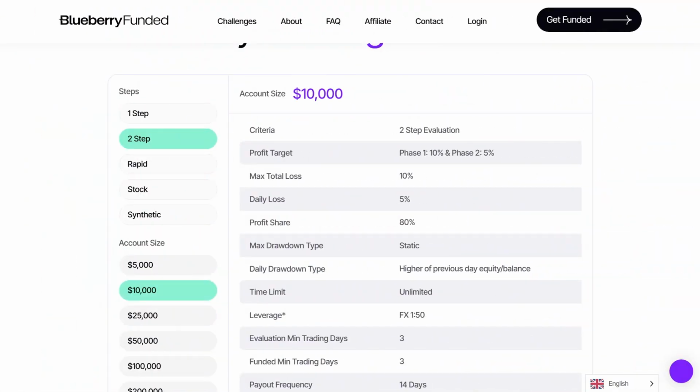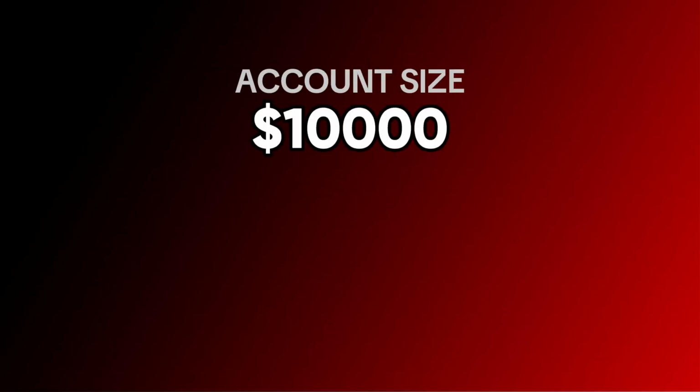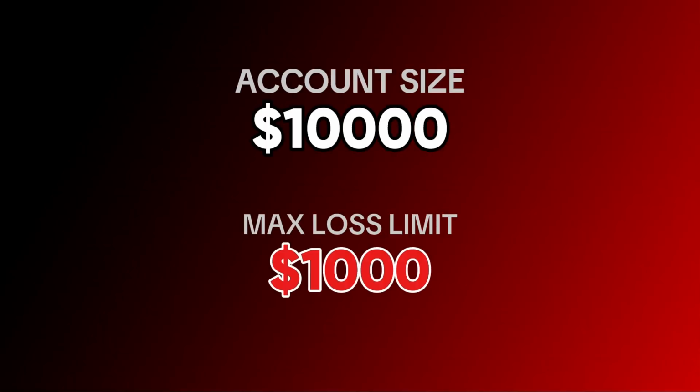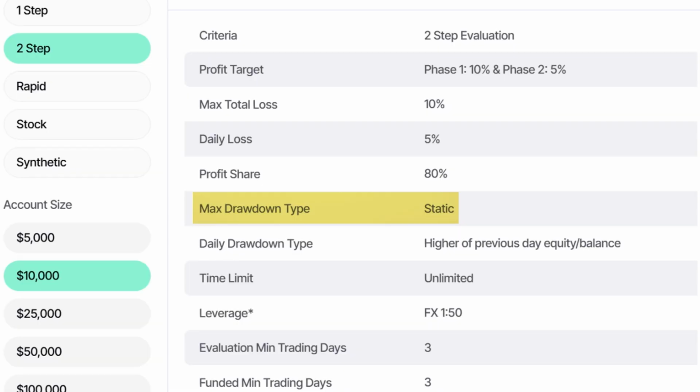This is Blueberry Funded's two-step account, and as you can see over here, the max loss limit is 10%. And so on a $10,000 account, you cannot make more than $1,000 of loss. That means your balance should not go below $9,000 at any time. Now if you see, the drawdown type mentioned over here is static, and that means the threshold of $9,000 after which your max loss limit will get hit will always stay at $9,000